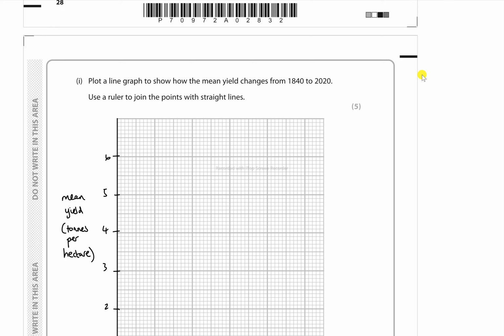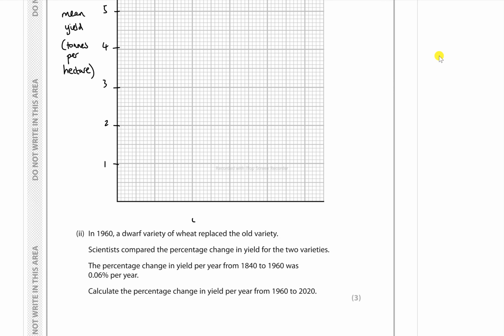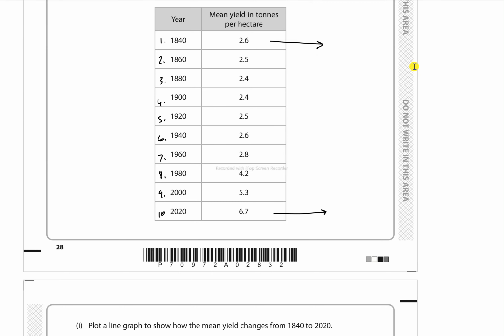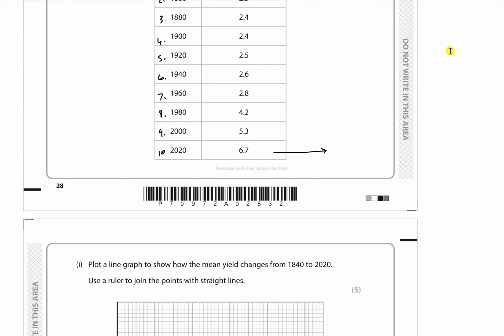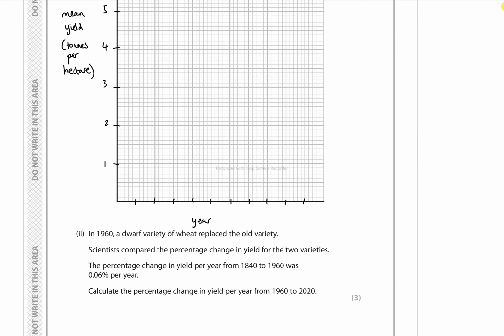Okay, and the bottom one is year. So 2, 4, 6, 8. Okay, we can do that. That works out nice. Right, okay. 20, 40, 60, 80. Okay, so 1840. We can put 1840, 1860, 1880,